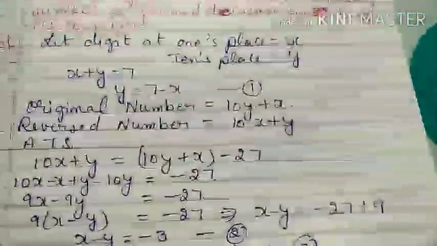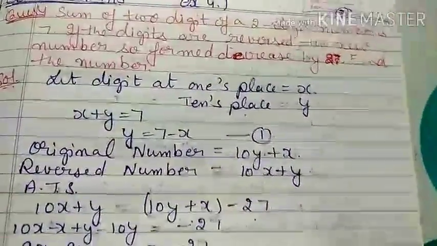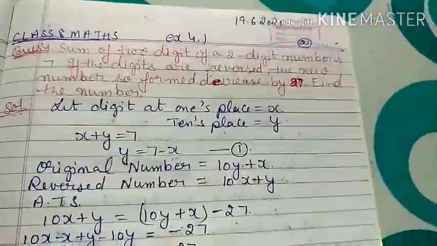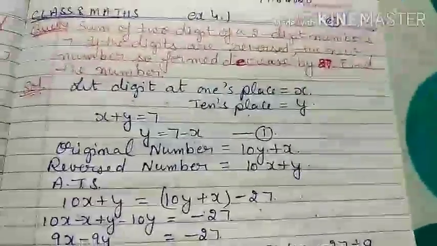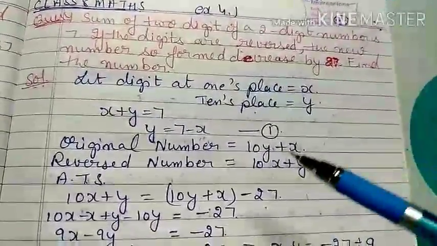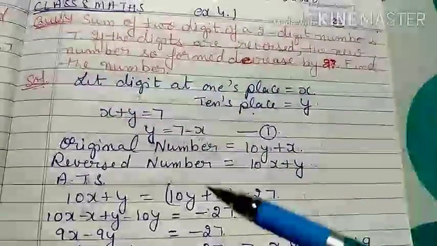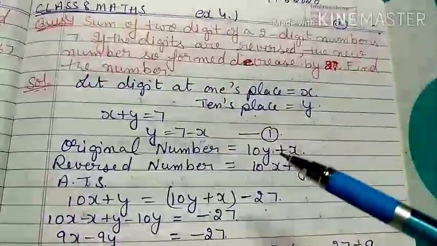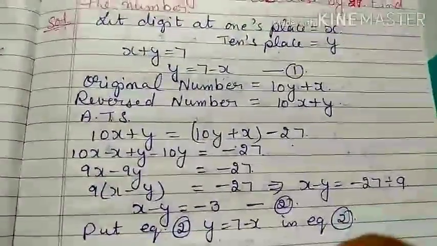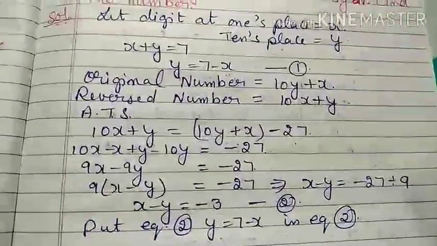Next is the same type of question. Your fourth question, instead of increase, here now is decrease. It means you have to find the 2-digit number. Sum of digits is given to you as 7, and if from the original number you subtract 27, you will get the reverse number. So that is your equation, and you have to find the original number. The question is the same, only in the previous question we added 36. Here we will subtract 27.